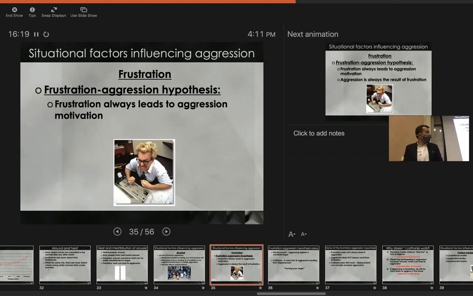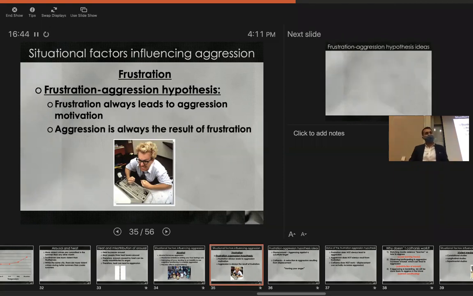And according to the frustration aggression hypothesis, what happens is that frustration will lead people to develop this motivation to aggress. They're not necessarily going to aggress against the person who frustrated them, because we know in society you can't just hit your boss, right? But it leads to this motivation to aggress. So the first claim they made was frustration always leads to that aggression motivation. And the second claim is the flip of that, that if you see an instance of aggression, it's always the result of frustration. So in other words, frustration and aggression are always inextricably linked. They're always tied together. That's the claim.